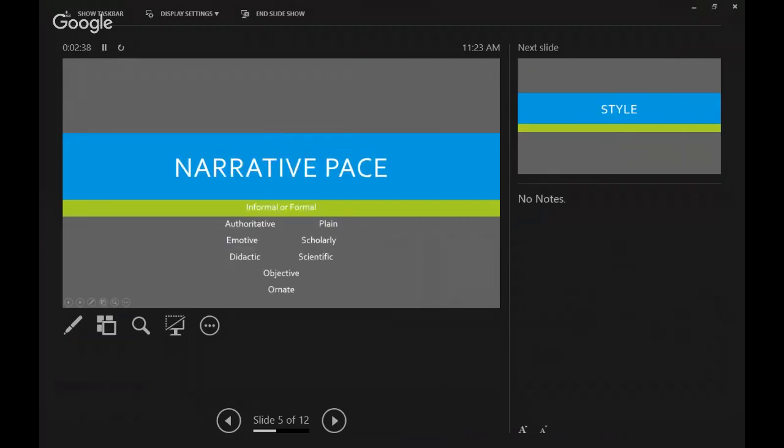Next up is narrative pace. Narrative pace is the rate at which the story moves. Now, this is completely different from how quickly events are happening. That is something absolutely different than what we're talking about here. So we're talking more about, with narrative pace,